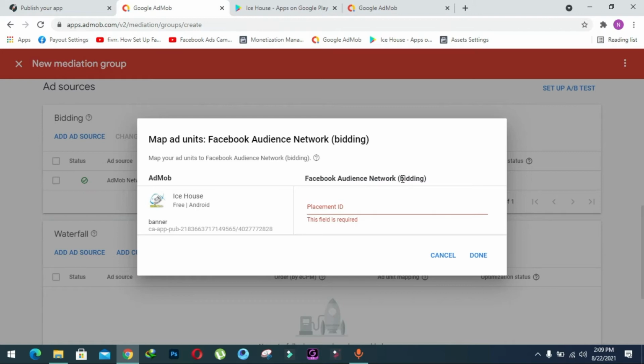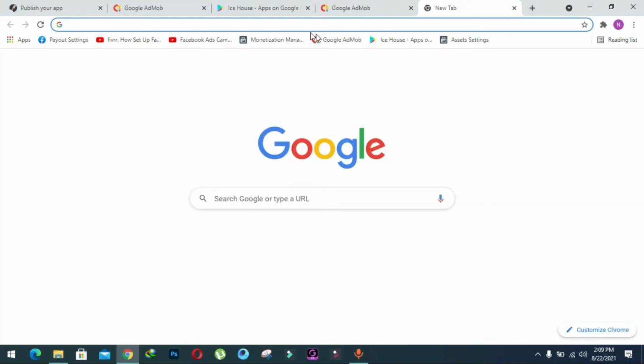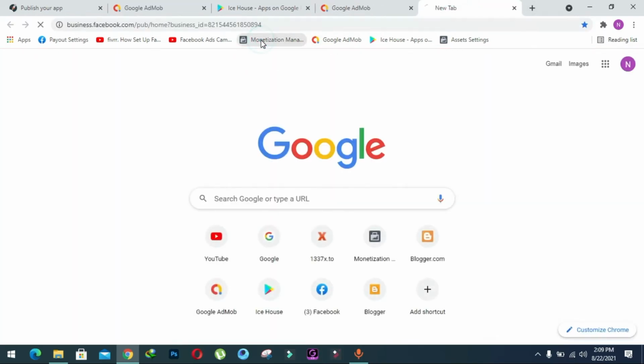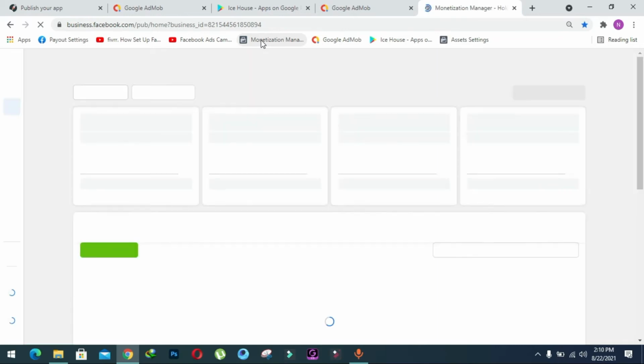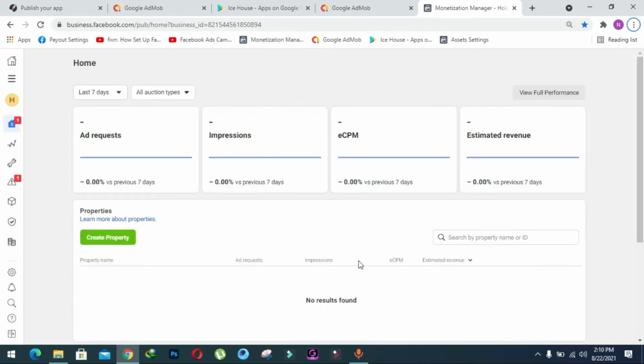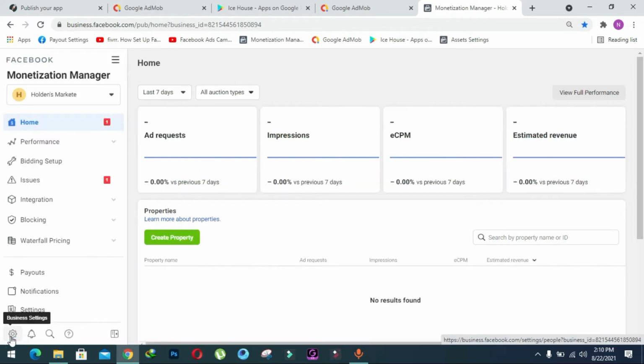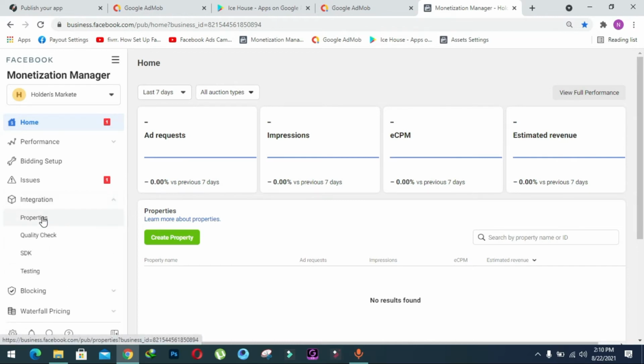So I will go to my business account of Facebook. I'm going here to monetization manager of my Facebook account. So this is my business account. I am expanding this section so you can easily watch what I am doing. So I will go to this integration section and click on properties. Remember, we need